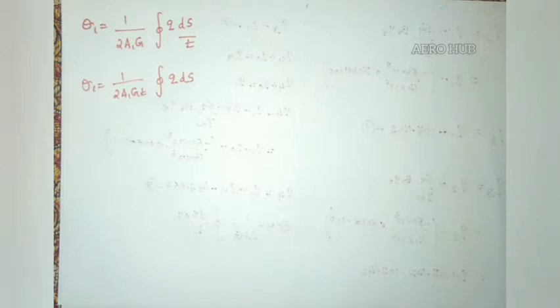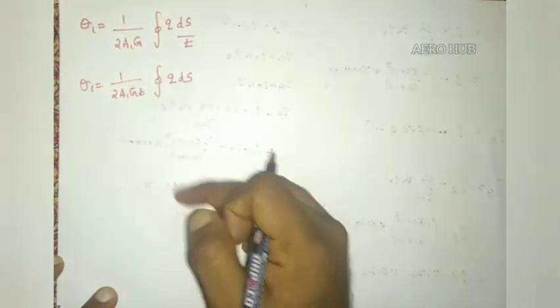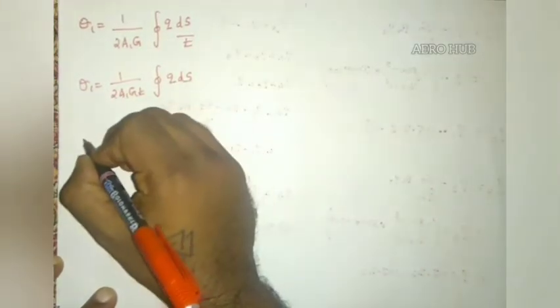Okay. So when we have a multi-cell problem which is idealized, to find out the value of shear flow, we have to assume that we are applying the shear load at the shear center, and this method is called the shear center method. This method is useful to find out the value of shear flow. So theta 1 will be equal to 0.